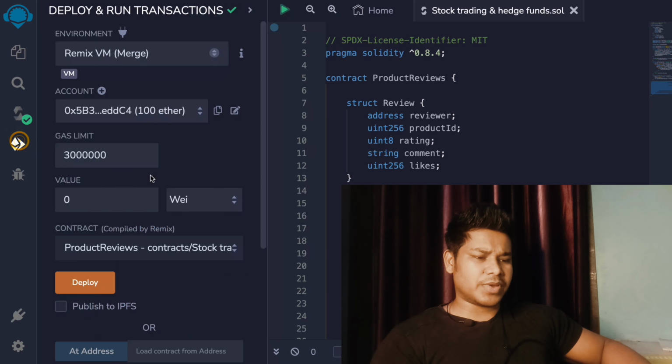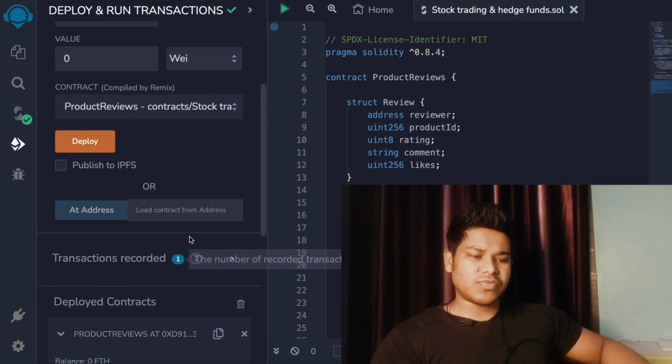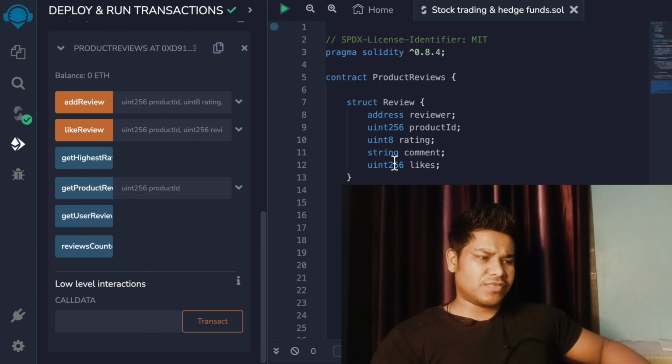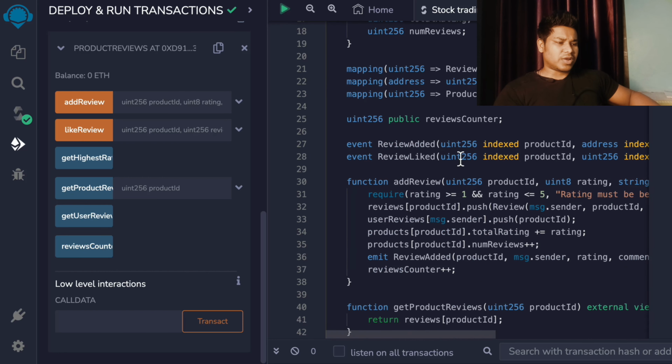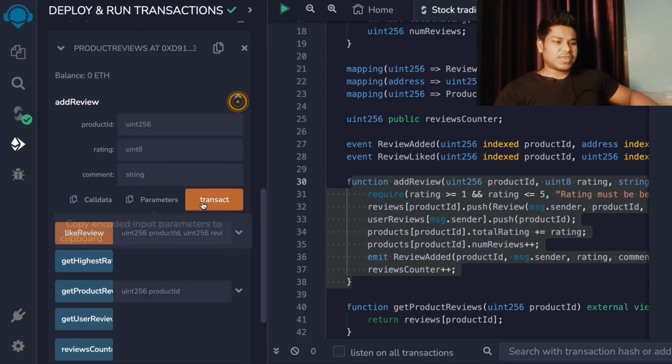It's absolutely working fine. Come here, let me deploy the contract. The contract got deployed. Here you will have the instance of the contract, and we have all of these functions. If you really want to create a review, all you have to do is call this function, add review, and we have to pass the data. Right now we are going with hard-coded data values, but it will be dynamic, depending on the product ID, because a product will have a unique ID and a review will have a unique ID as well. So let's add an ID. I'll say 1, and I'll give the rating 4, and I will say, hey buddy,